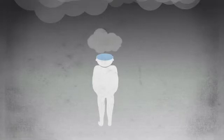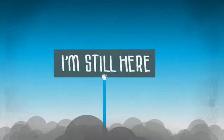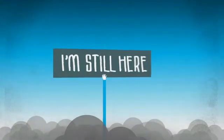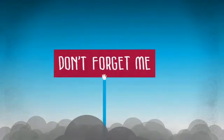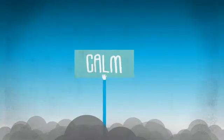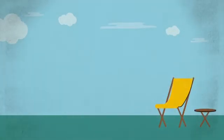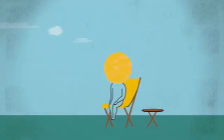We get so kind of obsessed by the clouds, so fixated by the clouds, that we forget that there's actually still blue sky on the other side. This is a really useful analogy for meditation. Rather than trying to create a state of blue sky, a state of happiness and calm, it's more a question of sort of setting up a deck chair in the back garden, just sitting back and waiting for the clouds to pass,